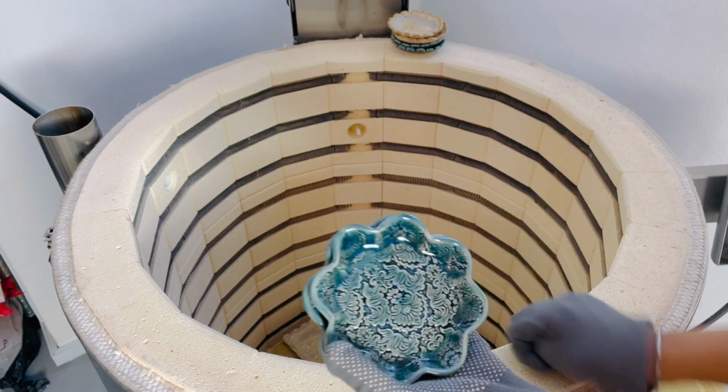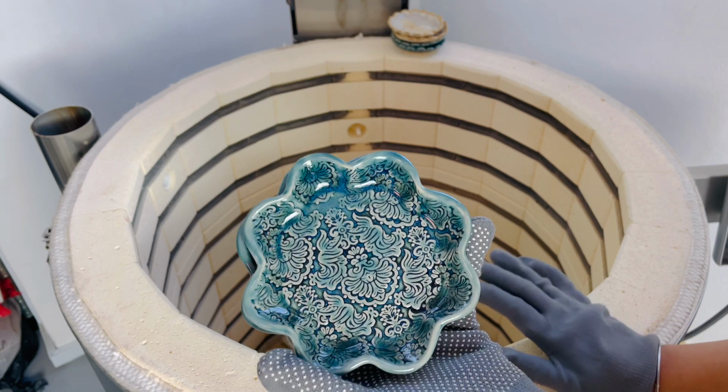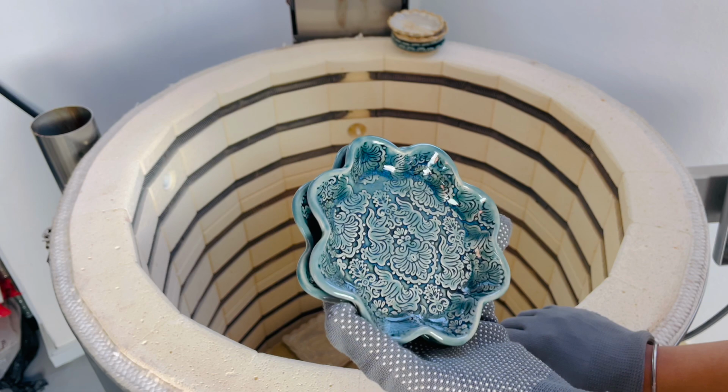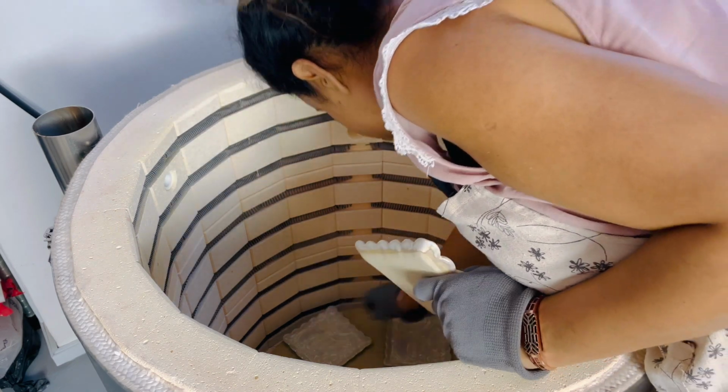And I like this texture also. This is actually, I think I bought it online from a local marketplace called Lazada, a roller. That looks quite pretty actually with this combination. I'm happy about that. Okay, then we have a bunch of